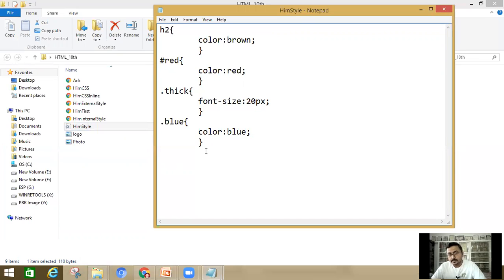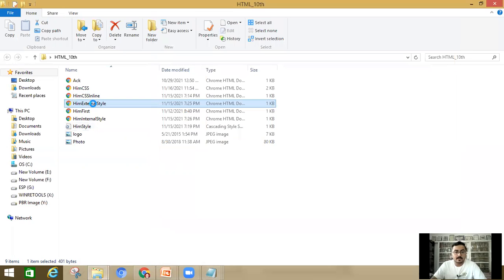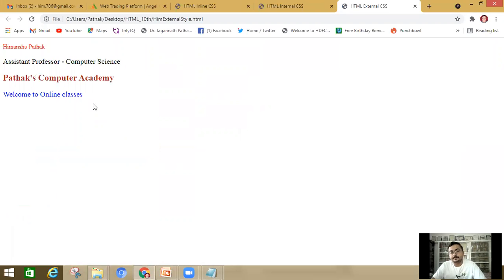But this time I have written all these things in a different file. Okay, so I'm going to run the external file. Now here you can see that the same thing will happen.